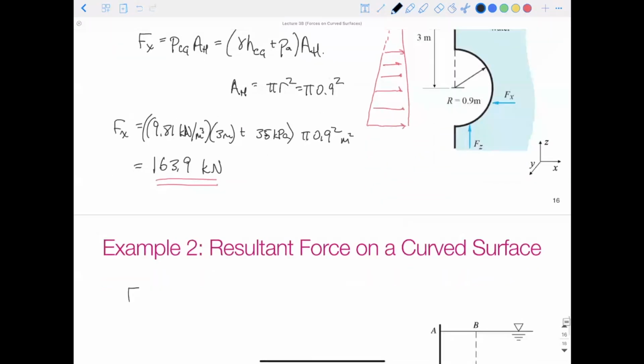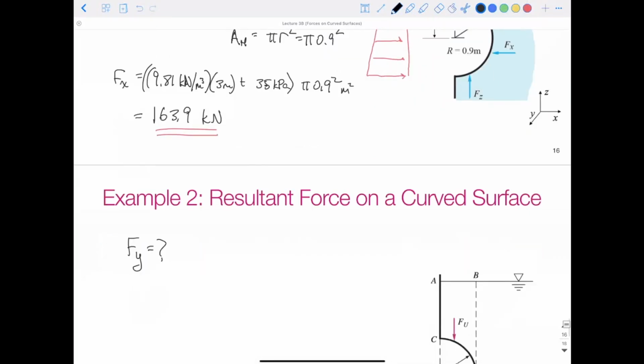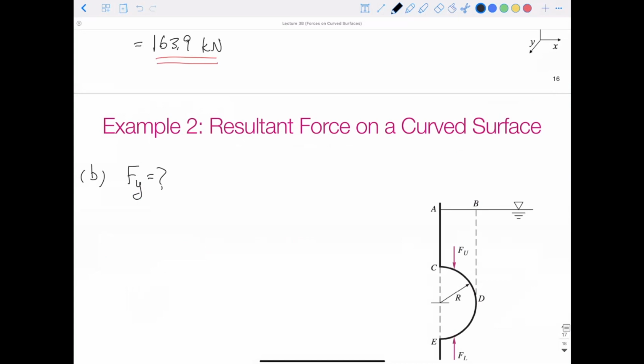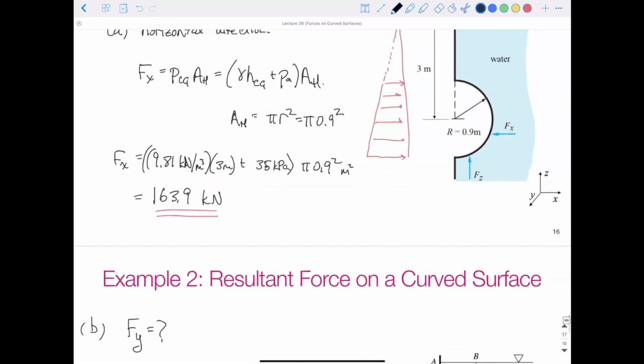So what would be Fy? Look back at this top figure. I've got some answers saying 0 and some saying the same as Fx. So if we think about it, if we look at the left half,